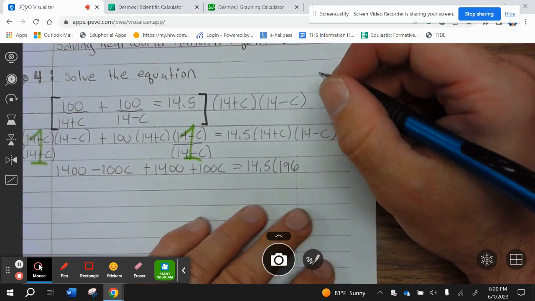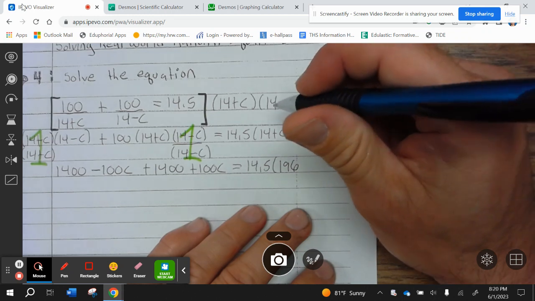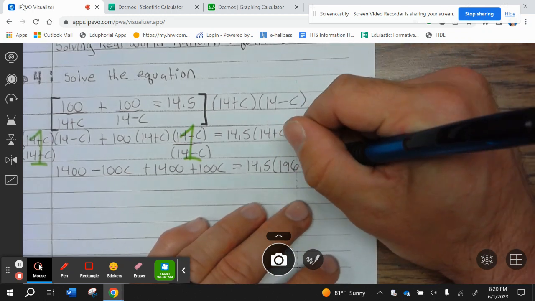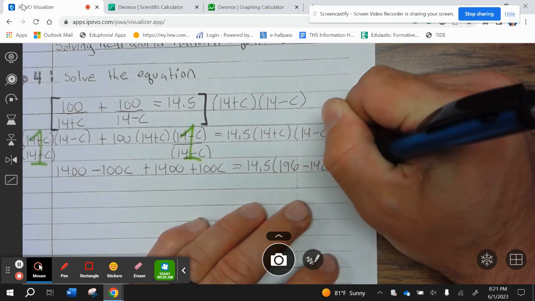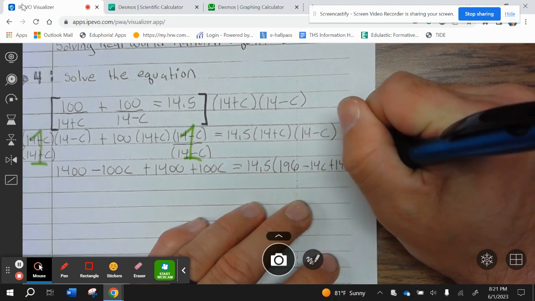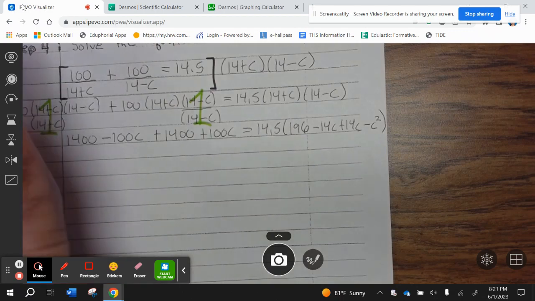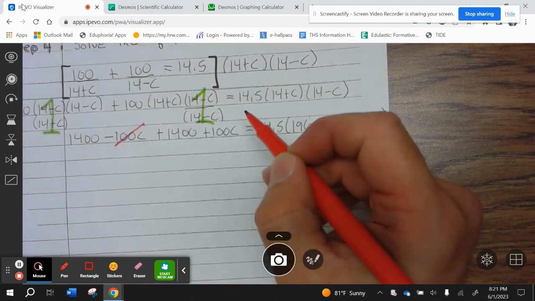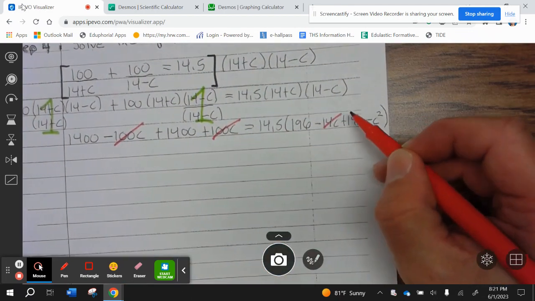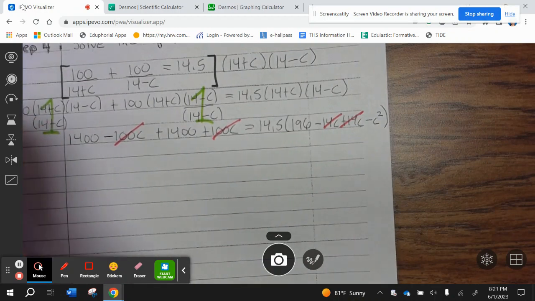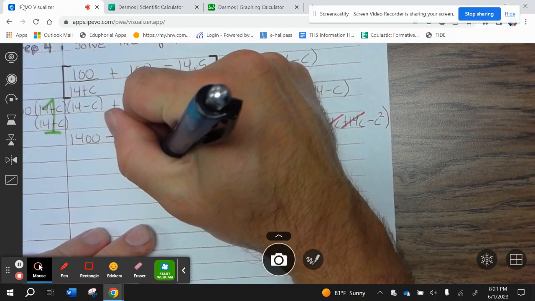And then 14 minus C is 14 minus C plus 14C. This is where I made the mistake last time, but I'm not going to do it this time. Minus C squared. So this cancels and this cancels. This cancels, this cancels. You're left with 2800